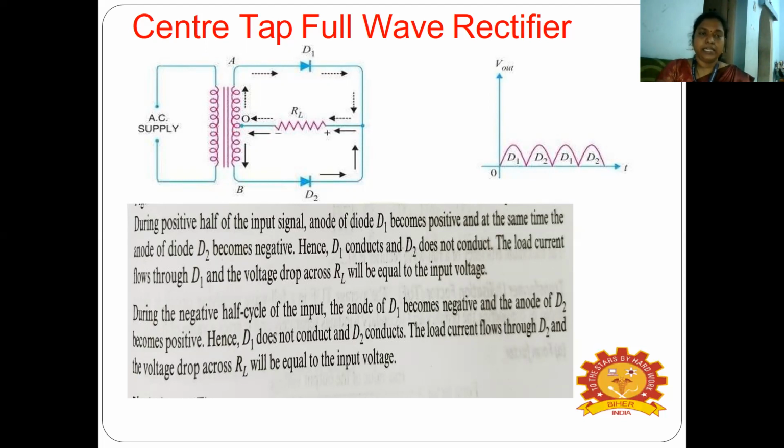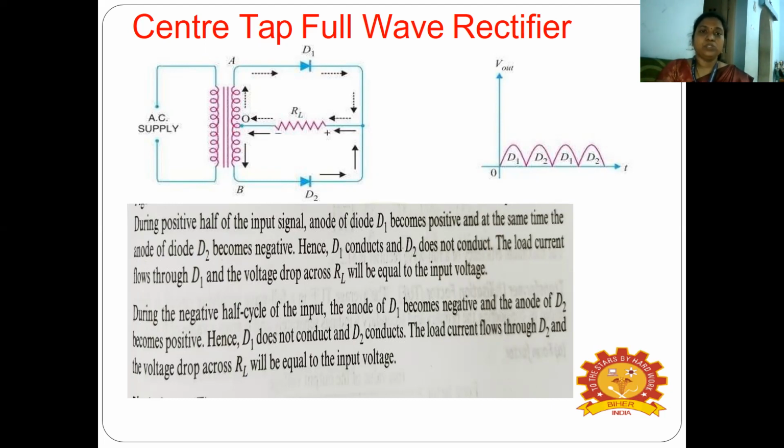Same thing, the input AC signal, say 120 volt and 60 hertz, is given to the transformer, and the transformer is connected with the two diodes D1 and D2. And you are connecting the load across it. That is the signal, and you can see the other figure which shows the diodes conducting. You can see D1, D2, D1, D2. D1 is conducting at the positive half cycle, D2 is conducting at the negative half cycle. Again, D1 is conducting at the positive, D2 at the negative, and the same thing goes on.